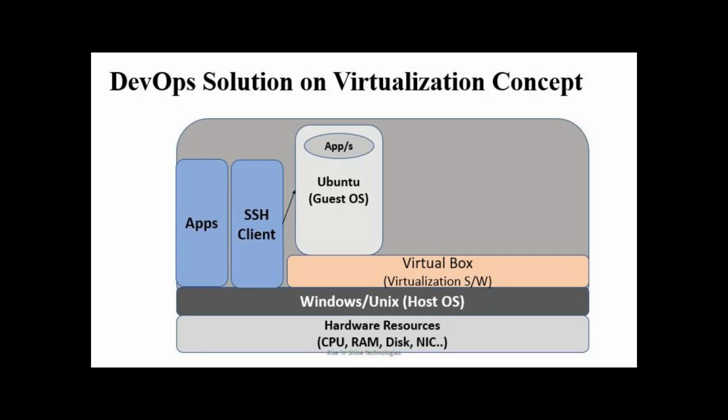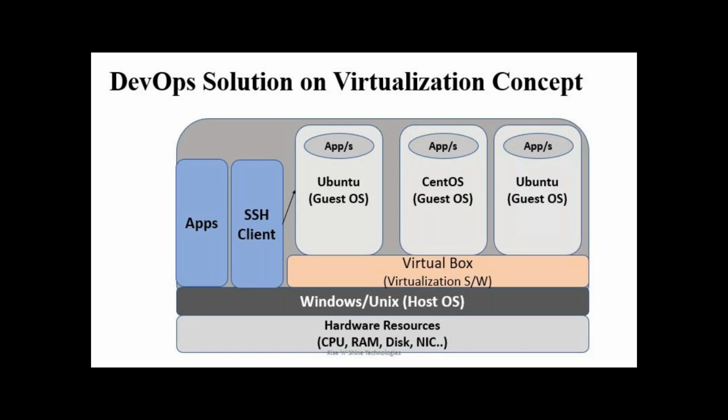Okay, fine, good. But can we launch multiple virtual machines? Yes, once VirtualBox has been installed, if you need CentOS with its own application, we can launch it. Or if you need another Ubuntu, we can launch multiple virtual machines. So we understand that these three softwares are required. One is VirtualBox, and on the basis of which OS you are launching, the ISO image related to that OS is required. If you are using Ubuntu, or the guest OS CentOS, the related image, and another software on the Windows system is the SSH client.